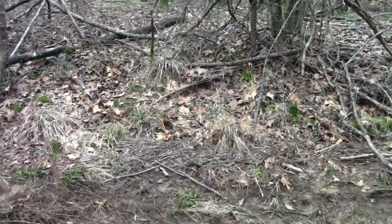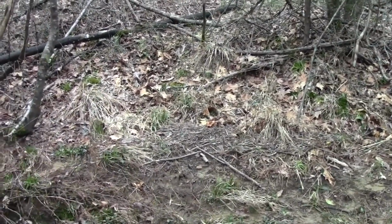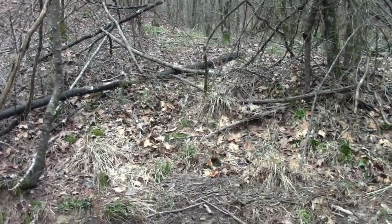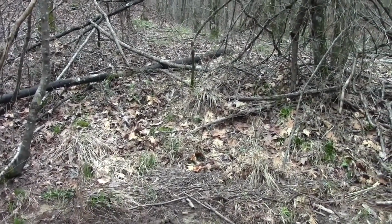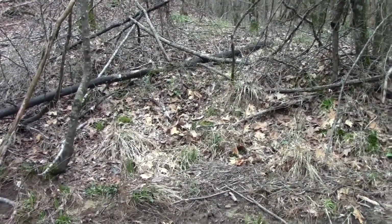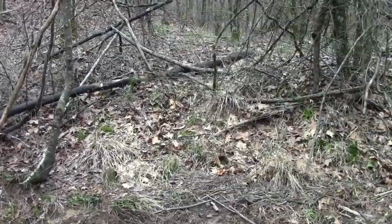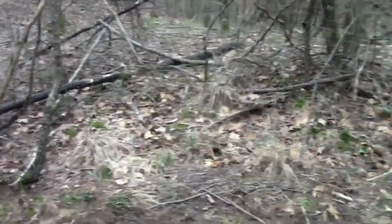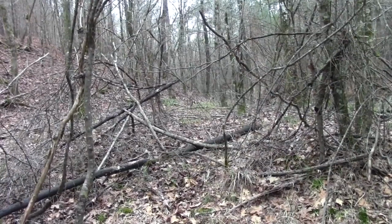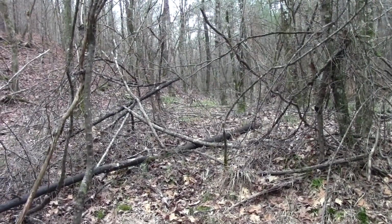I don't know. It could be a decent trail. That right there is not very far from where we found all those deer beds earlier. It's just further down from where we were originally. How far are we from all the deer beds right now? There's no way we came from this corner. We're now 500 something yards from where that road